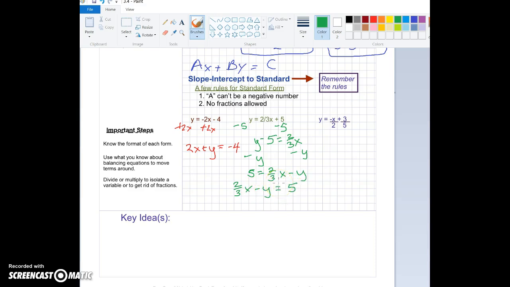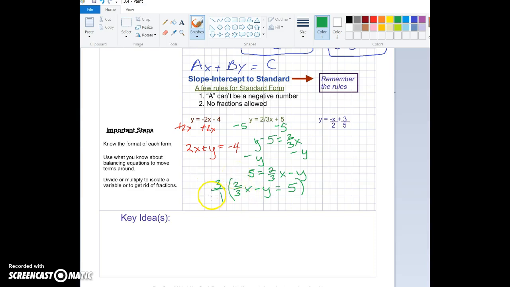Everyone see that? I'm not done yet, though, because I have a fraction. The a is a fraction, and so I need to get rid of that 2/3. I can keep the 2 part. I just need to get rid of the denominator, the 3. So how do I get rid of something like that? How can I make the 2/3 become 2x? Well, I can multiply everything by 3, or 3 over 1. When I multiply by the denominator, then ultimately I'm going to get rid of the denominator and just keep the